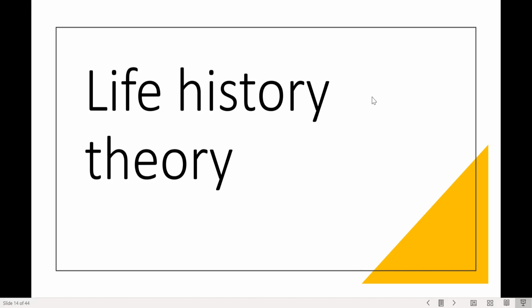In this next section, we're going to look at life history theory. This is an important theoretical framework that we need to use to understand how disease mechanisms might unfold over the lifetime of an individual. And this is also a very important theory in order to come back to the example with the access to clean water in rural villages in Ethiopia.